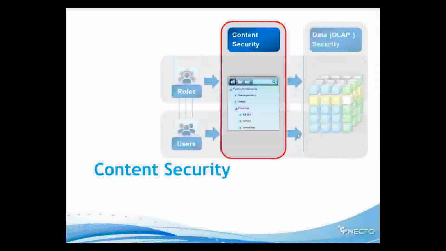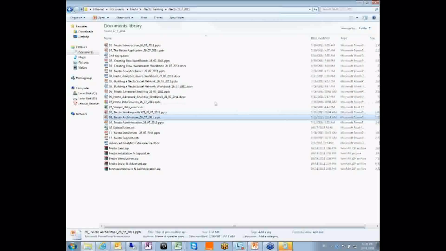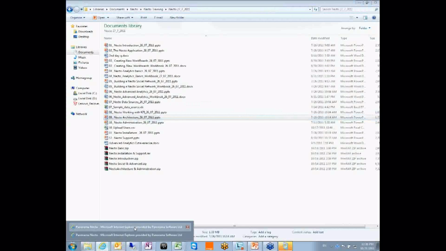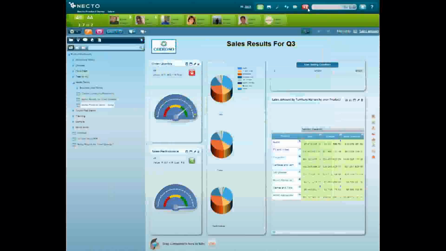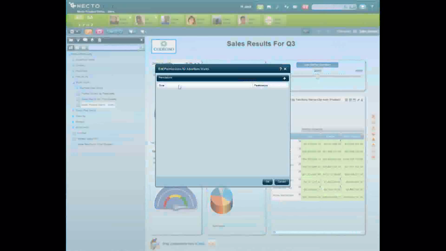We will begin the content security session. This session will be about how I manage my content. So, for example, what I wanted to talk about is if I'm taking one of my folders and I'm defining the permission of this folder as